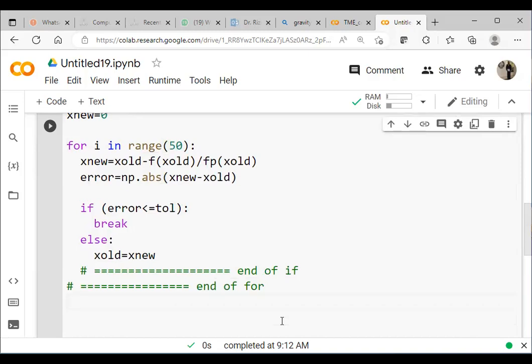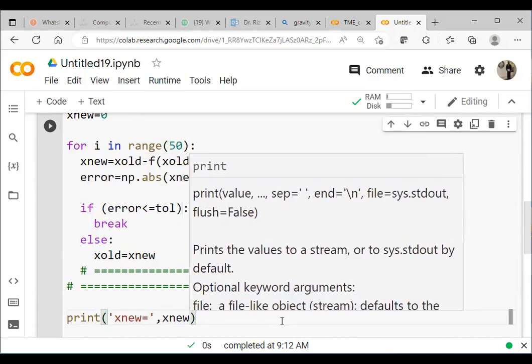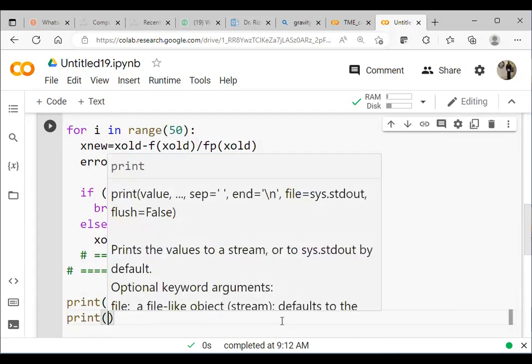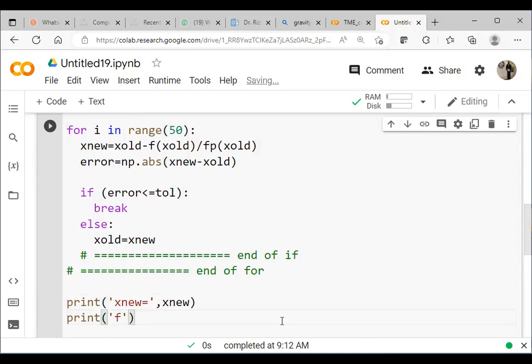So let's see the final answer. So I print new value. So for the time being, I just use the primitive print statement. x new, and to confirm, I say whether it was solution or not. So whether at this x new, the function value is exactly 0 or not, f of x new, right? So two outputs. And also,